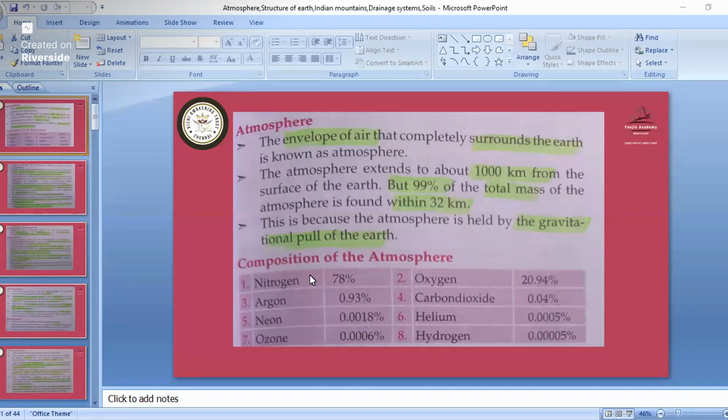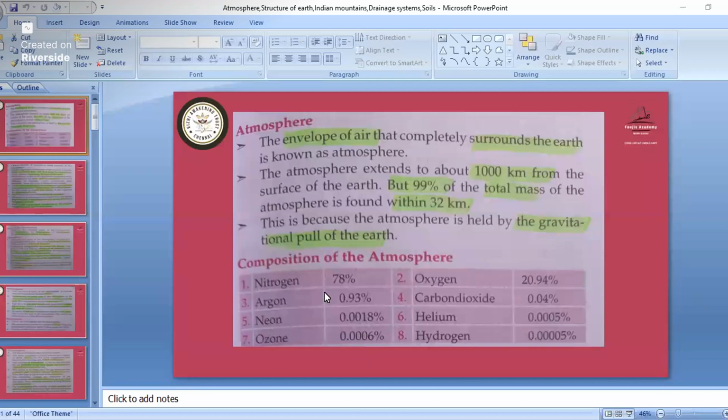Now we will see the composition of atmosphere. In composition, you will find many gases. The highest element found is nitrogen, 78%, and the second highest is oxygen, 20.94%. You must know about all these 8 elements, because sometimes it might come in the questions for arranging